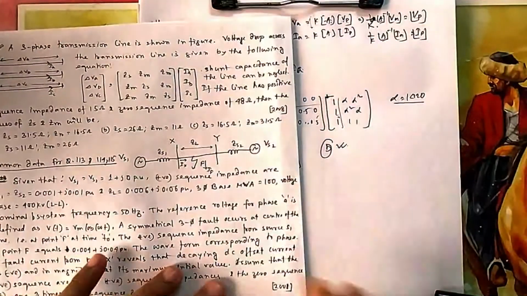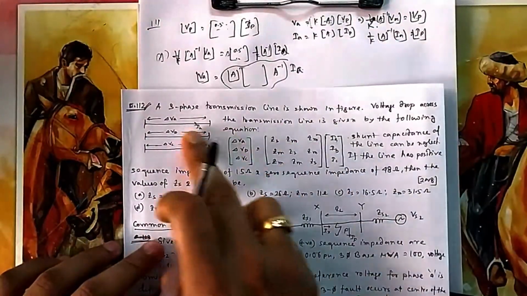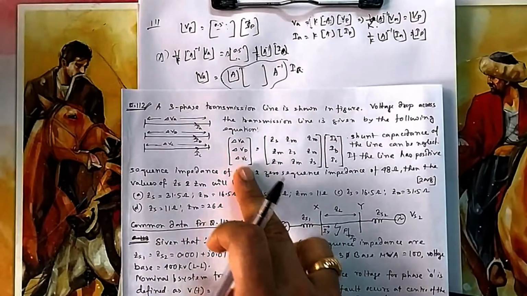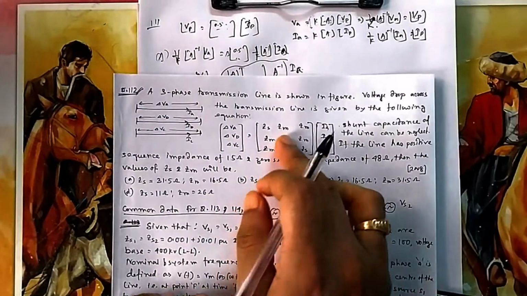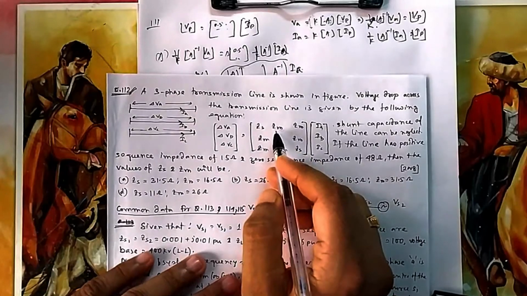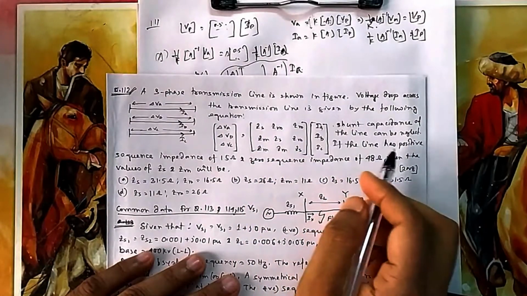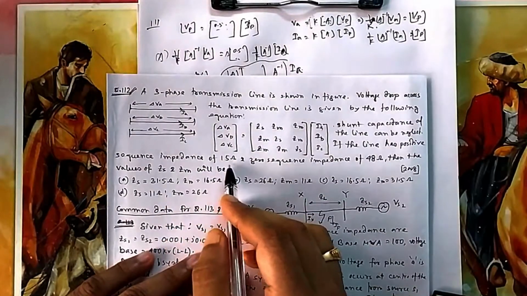What they are asking here: a three-phase transmission line is shown in the figure. Voltage drops in the transmission line are given by the following equation: VA, ZS. These are the mutual impedances and self-impedance, ZS and ZM. Shunt capacitance of the line can be neglected. If the line has a positive sequence impedance of 15, and zero sequence...